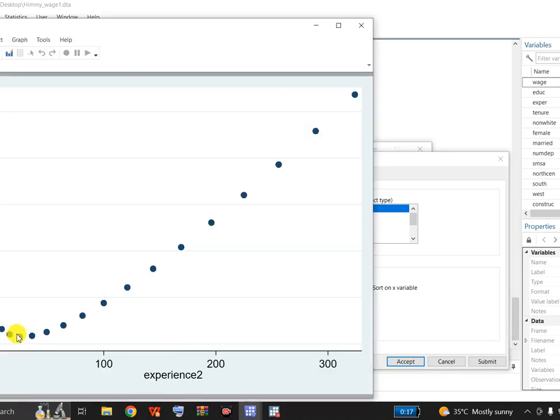But then after some time there is a continuous increase in the wage along with this